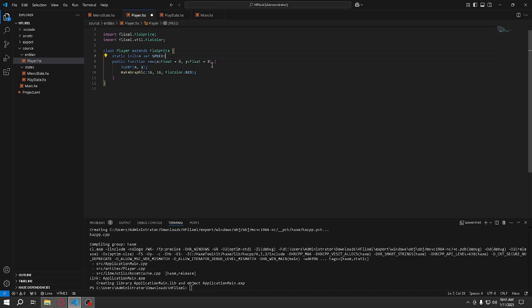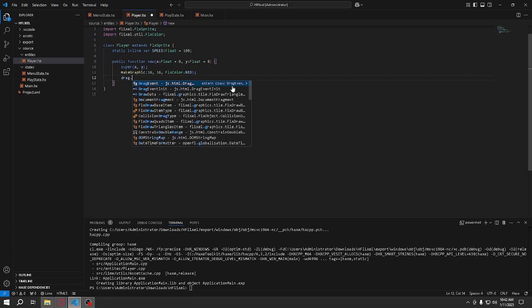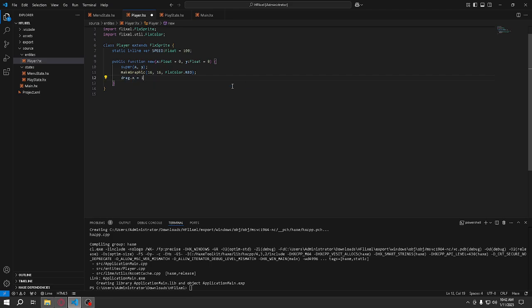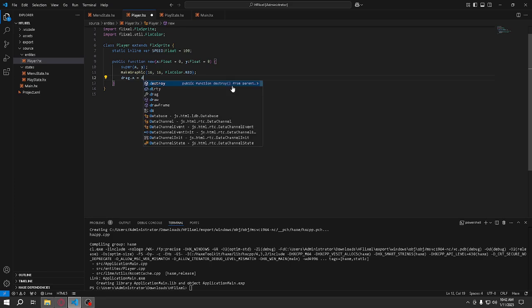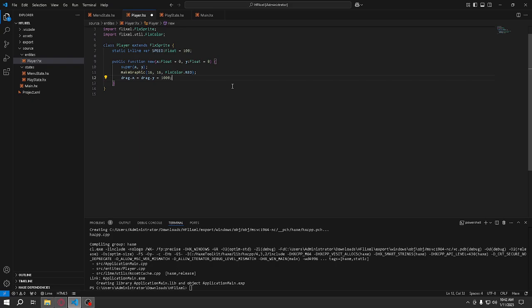This will be of type float, and let's make it equal to 100, not 1,000, that's a bad idea. Then after you call make graphic here, we need drag.x is equal to drag.y, which is equal to 1,000, or